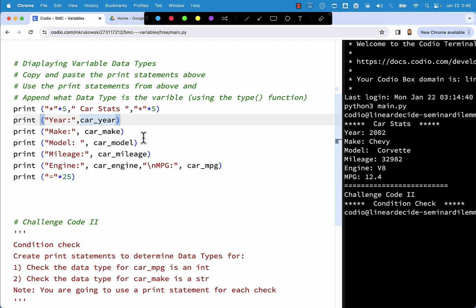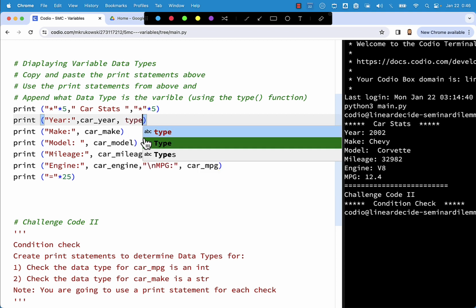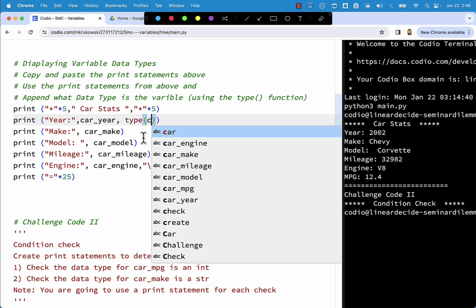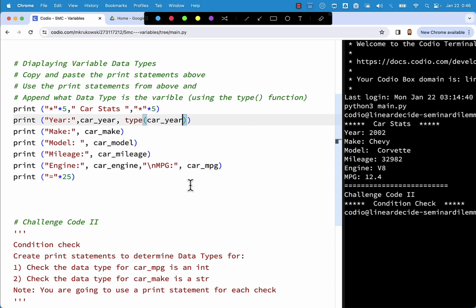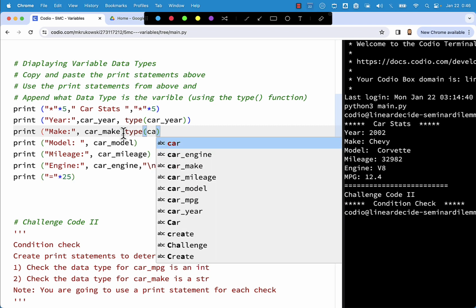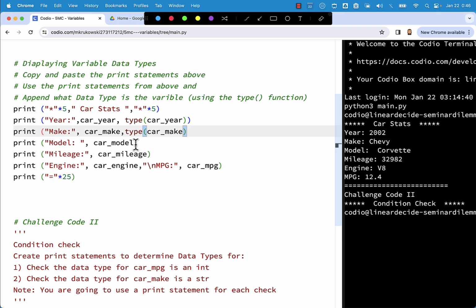And what we're going to do then is we're going to add some code, car year, and then we'll just basically say type of car year, and then we'll do the same thing down below here, and this is going to be car make,